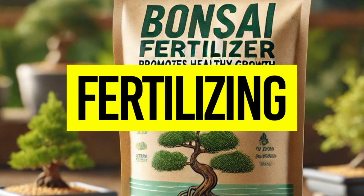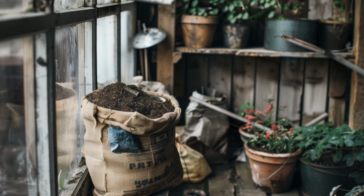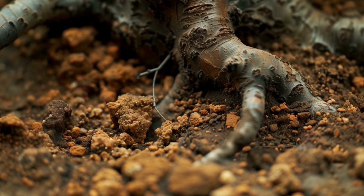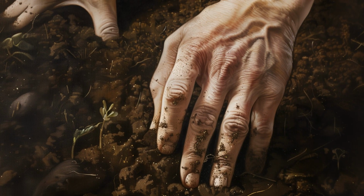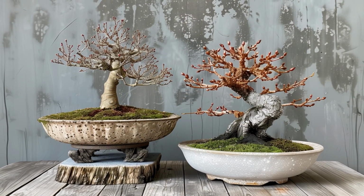Fertilizing is the final cornerstone of bonsai care. Use a balanced, water-soluble fertilizer during the growing season, from early spring to late summer, and follow the manufacturer's directions for proper dilution. Avoid over-fertilizing, as it can harm the roots. Feeding your bonsai the right nutrients ensures it grows strong and healthy, but don't fertilize during the dormant season unless